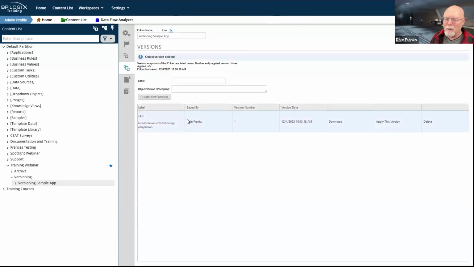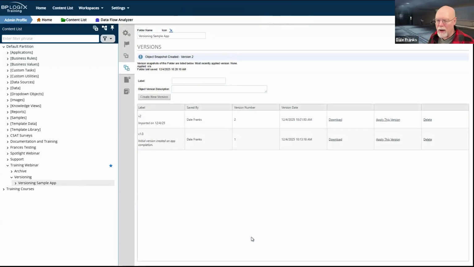So this is version 1.0. This was the initial version created on app completion. And so now we'll go with V2 and we'll say imported on 12.4.25, and we'll create our new version there.